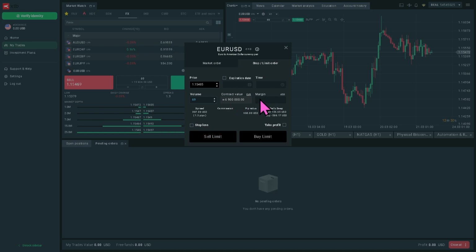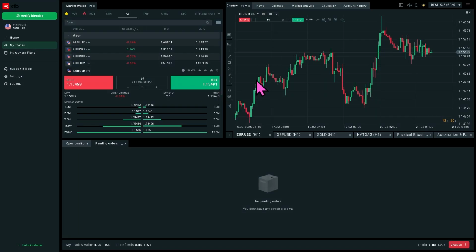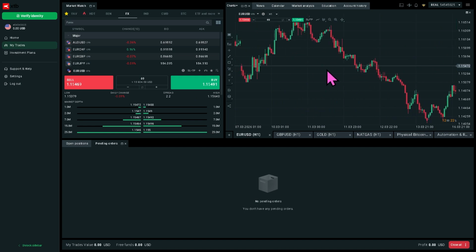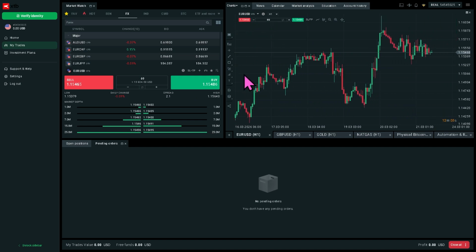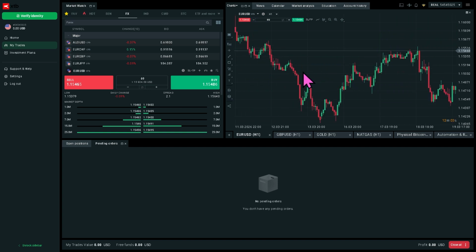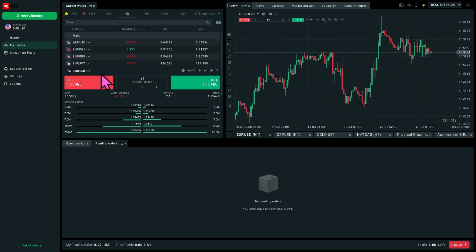From here, you can simply close the trade anytime by clicking the close button. If price hits your stop loss or take profit, that trade will close automatically. So make sure you fully understand how leverage works before trading live. But basically, that's it for today's video on how to trade Forex on